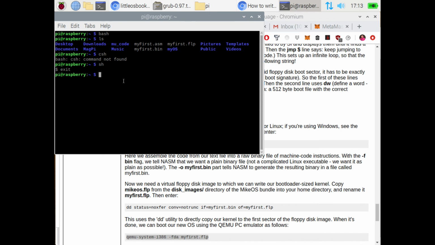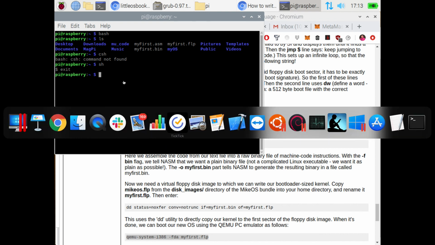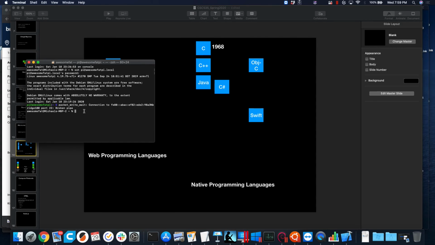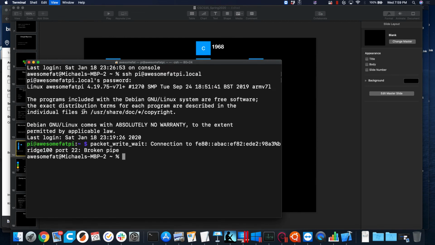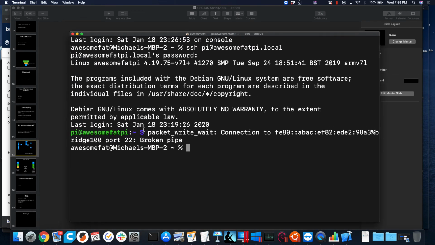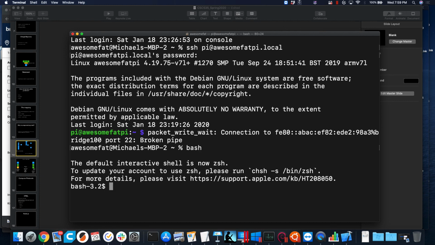All right. And as he pointed out, I don't have a terminal open here. On a Mac, it's running on top of Unix, so you also have a Bash shell. Oh, the default shell is actually ZSH now instead of Bash. So I had to switch over to the Bash shell if I wanted it.